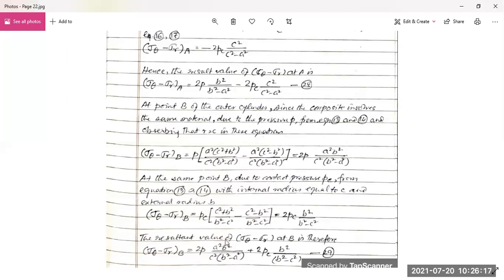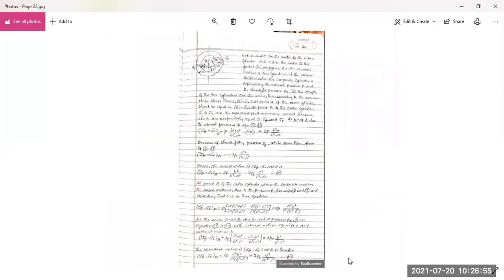So sigma theta will again be C square plus B square divided by B square minus A square. Here A is the C in our procedure, here A is the C, not A itself. So C square plus B square, and here C square minus B square in the denominator, divided by B square minus C square in the denominator, C square minus B square in the numerator. So again simplifying, the C square is cancelling, and B square becomes 2B square. So 2 into PC, B square by B square minus C square. So the resultant